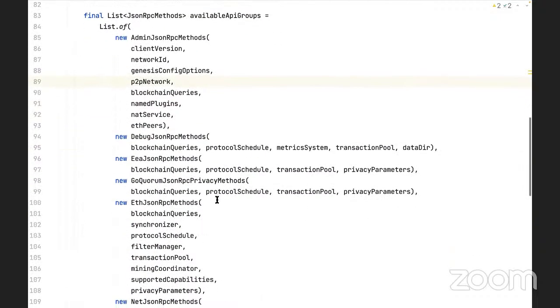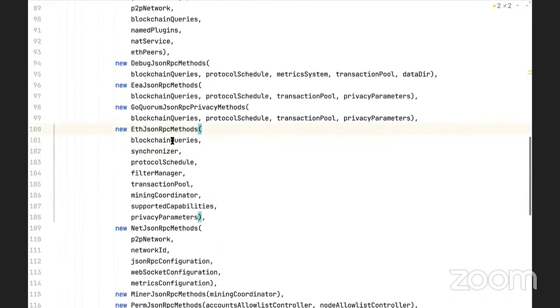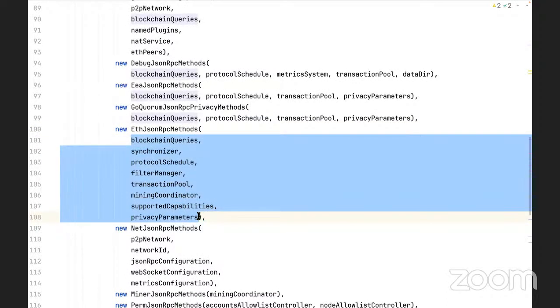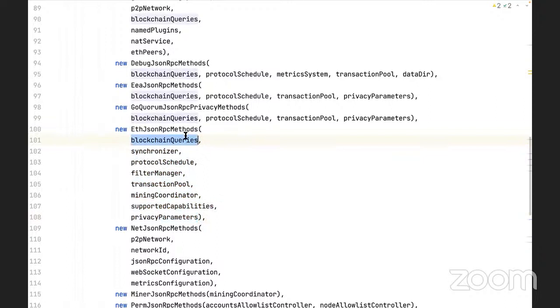Okay, so some of them are going to ring true right away. Some of them are more arcane, but the one that is most well known is the eth namespace, which you use to interface with the chain and make sense of what's going on. So the eth JSON Rpc method here, as you can see, is being passed a number of domain objects and things that you will need to answer questions. A good question, for example, is, are you syncing right now? Or are you up to the top of the chain? What's the latest block, right? So blockchain queries is going to be the object that you will use to answer queries against the